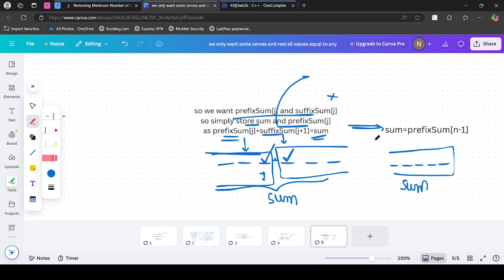And sum is simply prefix sum of n minus 1, because prefix sum of j is the sum of all elements from 0 to that index. So prefix sum of n minus 1 is 0 to n minus 1, and this is the total sum, right? So instead of taking another value, sum is simply equal to prefix sum of n minus 1. So in this way,